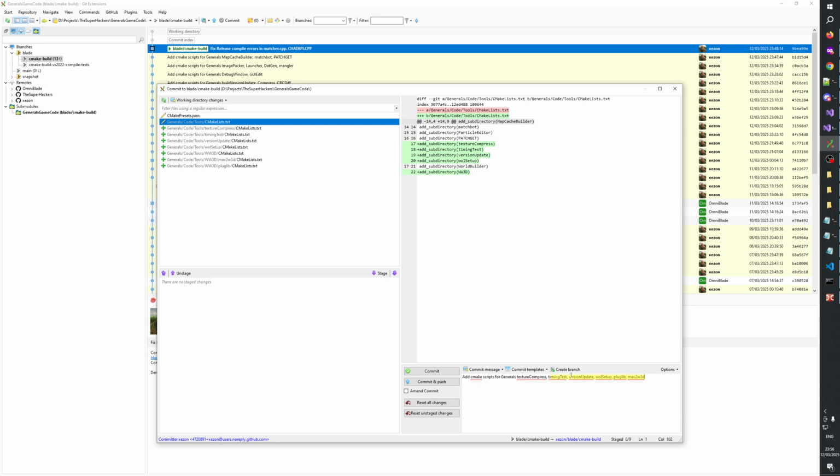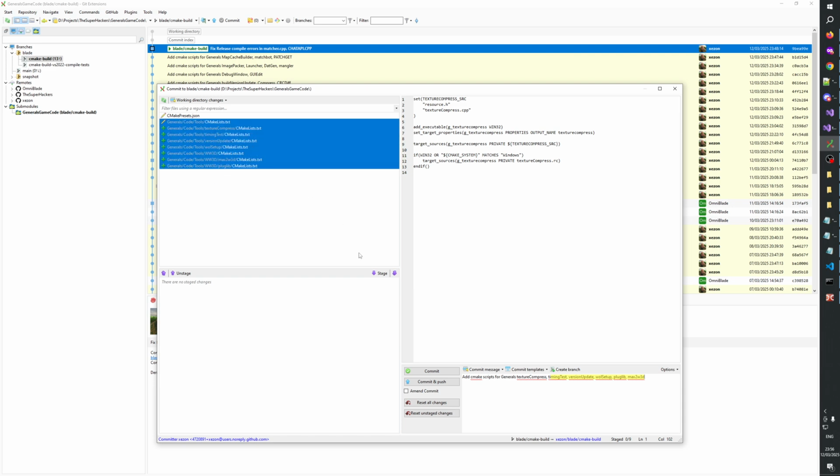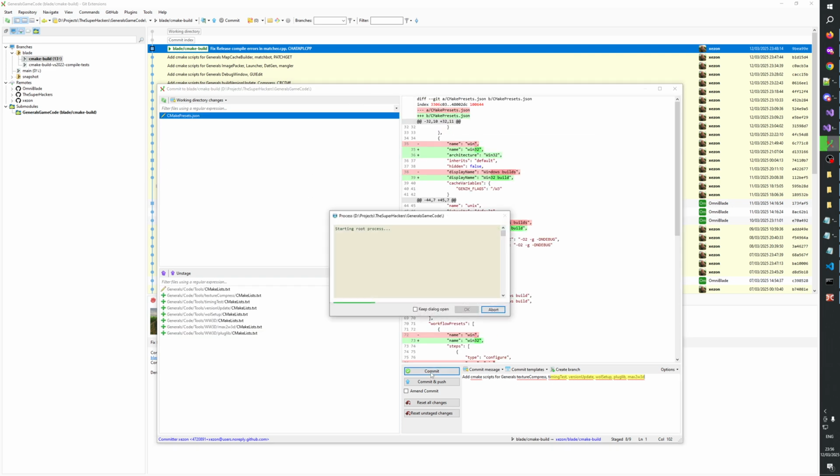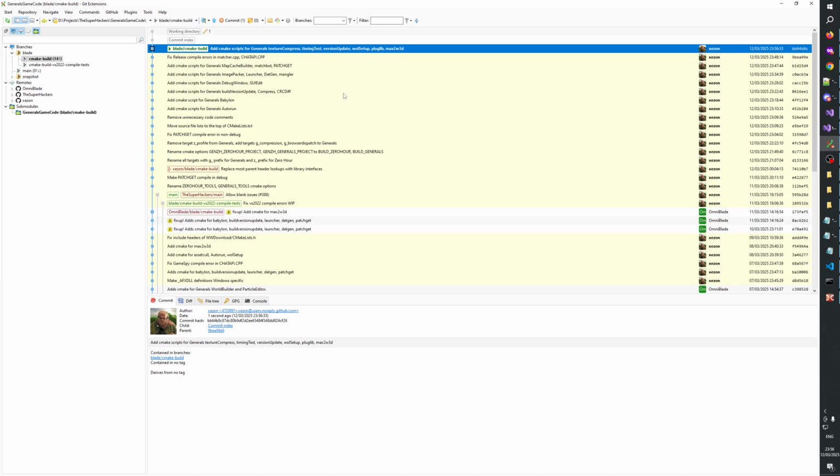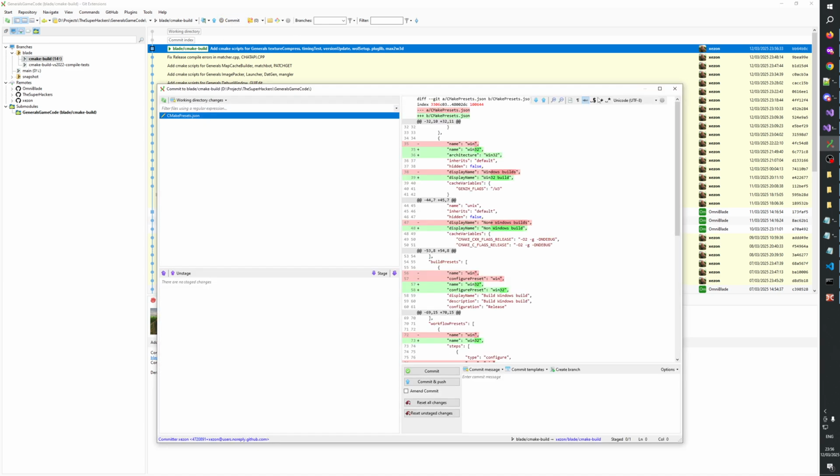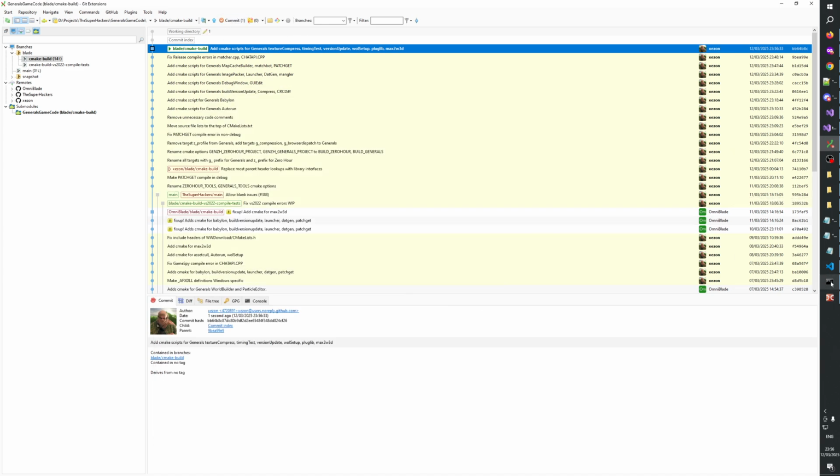Add cmake scripts for generals, blah blah blah. Okay, so take all these guys. Okay, commit. Then I think there's only one thing left now, and that is compiling it in debug, and